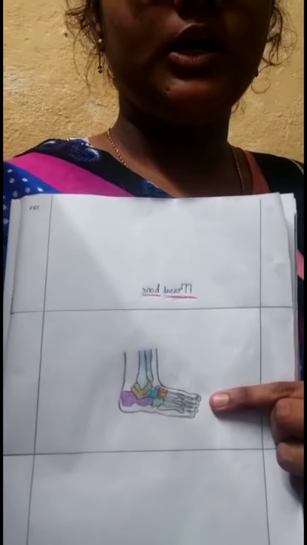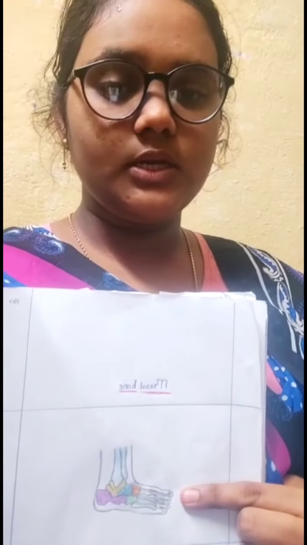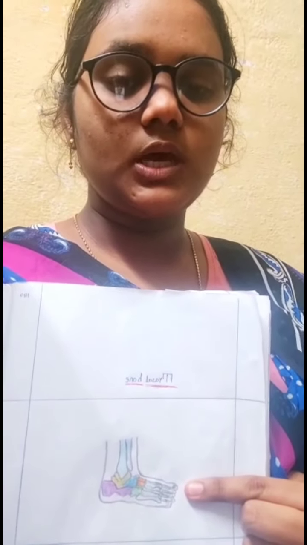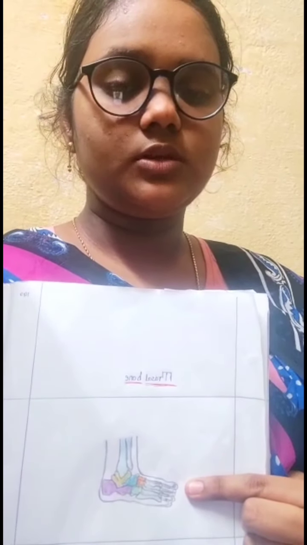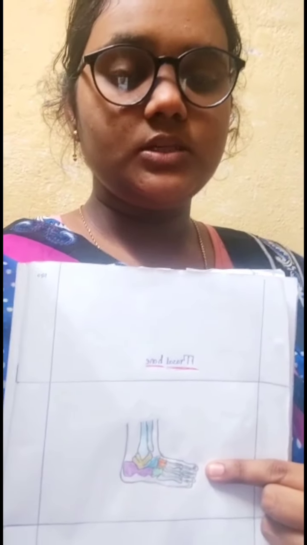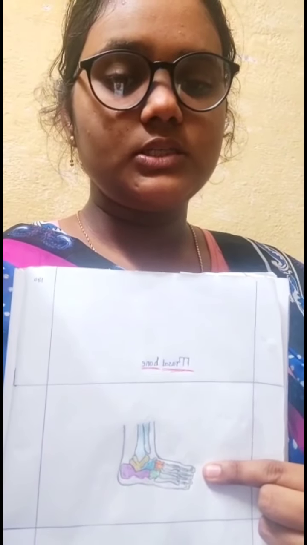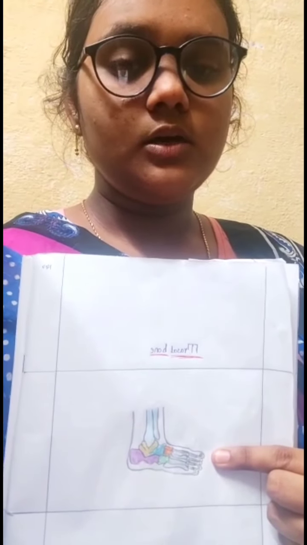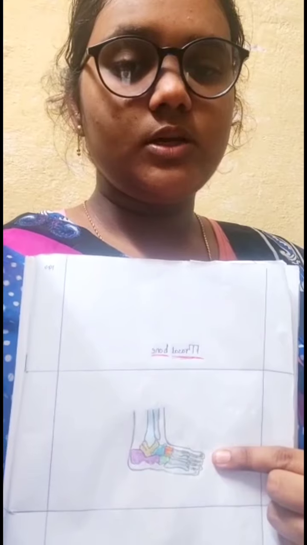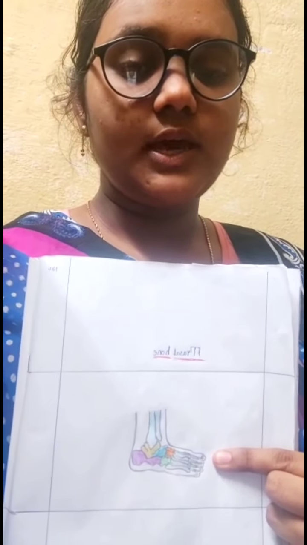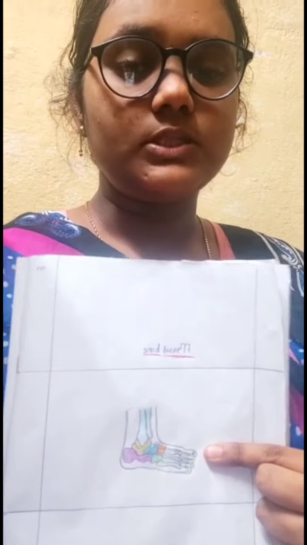Tarsal bone set. They consist of 7 short bones located at the proximal region of the foot. They are arranged in proximal and distal rows. The calcaneus bone is the largest bone of the tarsal bones and projects to form the posterior heel. The functions of the tarsal bones: in humans, the tarsal bones combine with the metatarsal bones to form the foot arch, a shape carrying and transferring weight for bipedal locomotion. At the ankle, there are 7 tarsal bones.